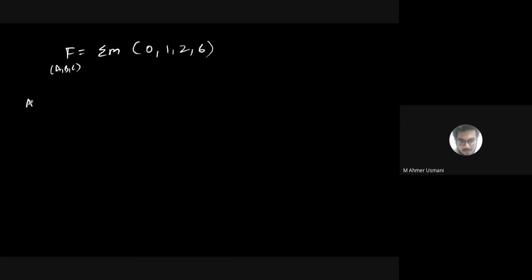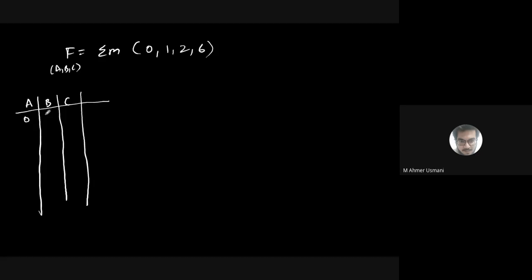It has how many variables? 3 variables. Okay, what will they be? A, B or C. Okay, what are the values? How many possibilities can I have? 8. Which will be 0 0 0, 0 0 1, 0 1 0, 0 1 1,